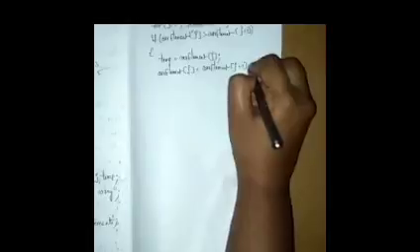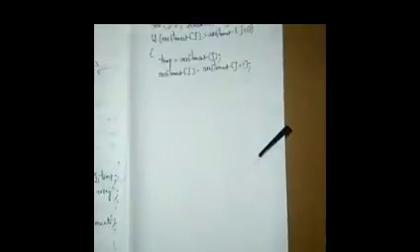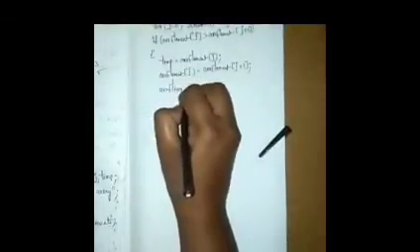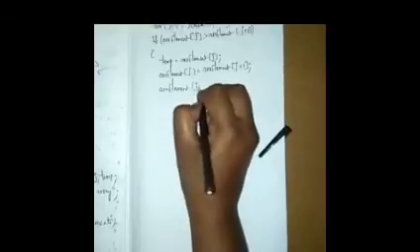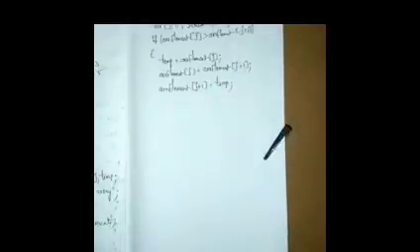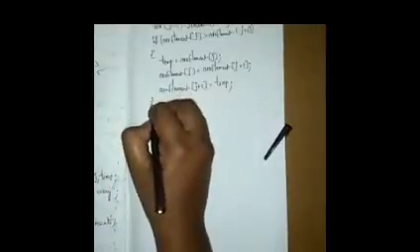Here we have j and j plus 1. Array element j gets array element j plus 1, and this j plus 1 works with our temp: array element j plus 1 equals temp. The array element is assigned the temp. Next, close this one and close the other one, so you are closing the if condition and our for loop.